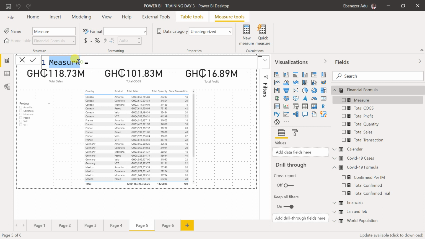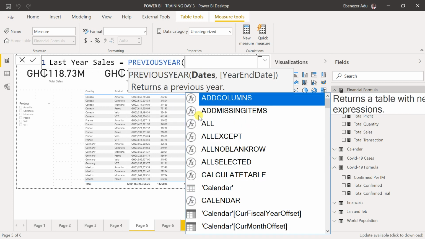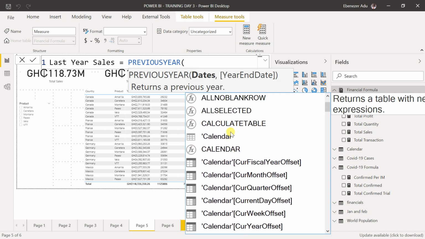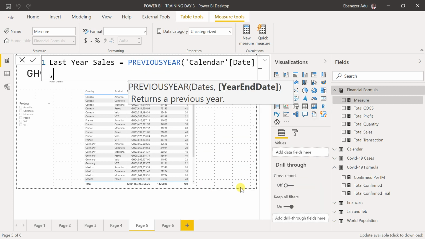And I call it last year sales. We are going to use a function called previous year. Say look for the date. Let's use the calendar date, because the calendar date is already connected to the BI,